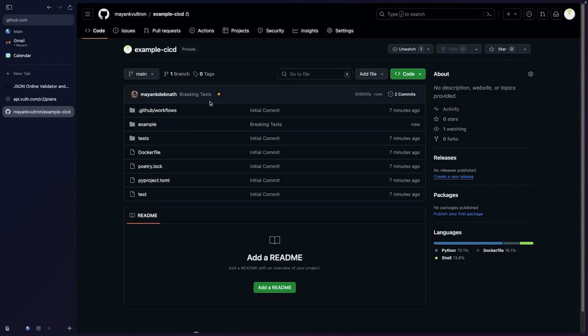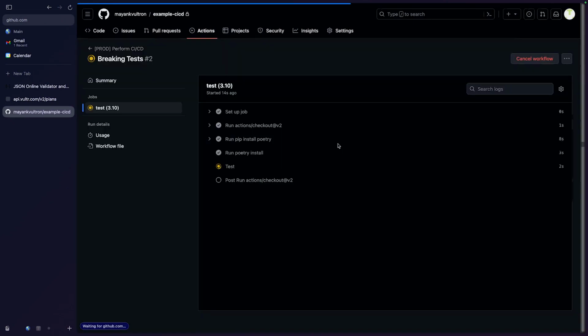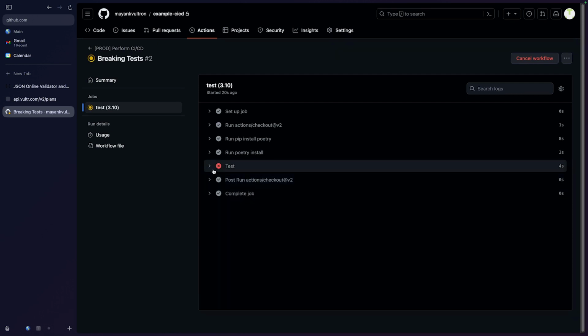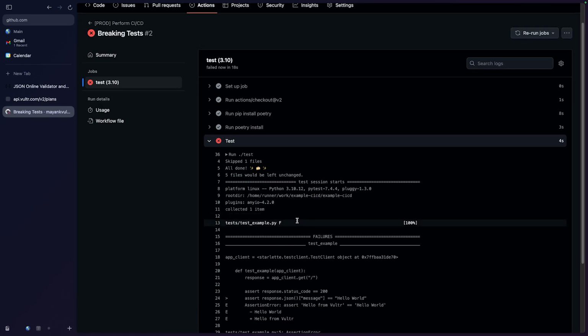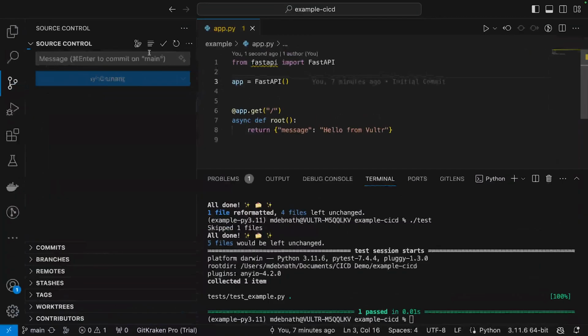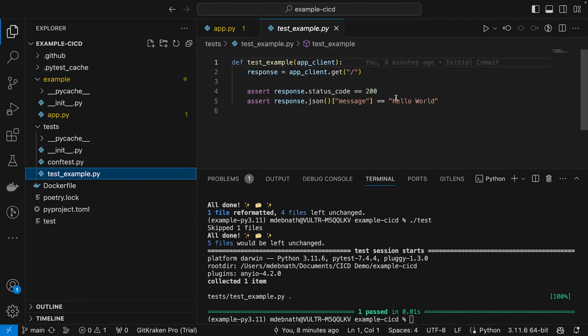And as you can see, as soon as I've pushed the commit, it shows a yellow dot, which means the tests are in progress. And you see that it failed this time. You click on it, and it says that it returned hello from Vultr and it expected hello world. So let's just fix the tests. Let's go to the test file. Instead of changing back the route, let's change the test itself,